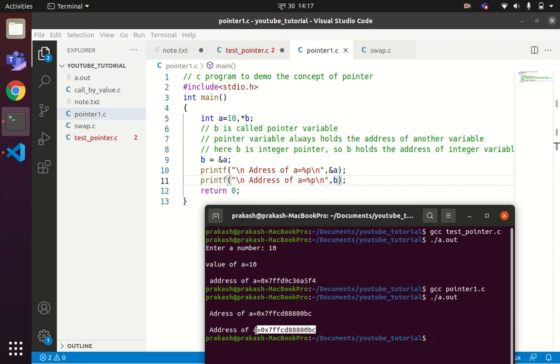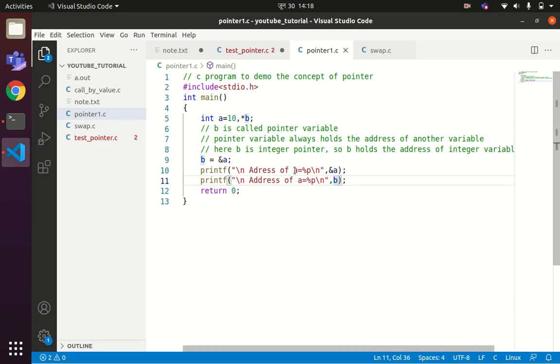Now once we are able to store the address of any variable, let us understand what are the things that we can achieve after that. First, let us understand the memory mapping of this code. For line number 5, variable a is declared, so 2 bytes or 4 bytes of memory space will be reserved. We'll give that memory space a name called a. In that space we'll store the value 10, and this memory space will have some address value. Let us say 1010.